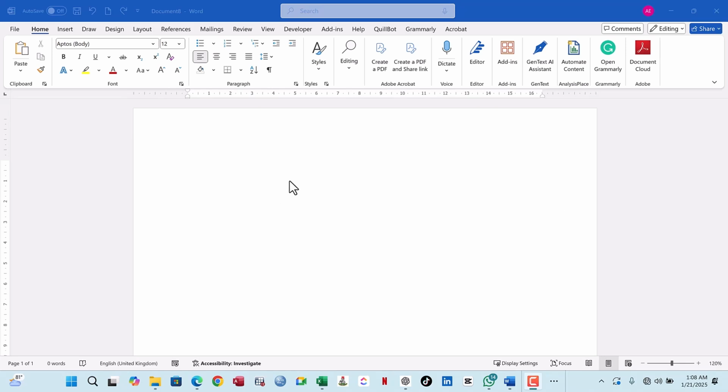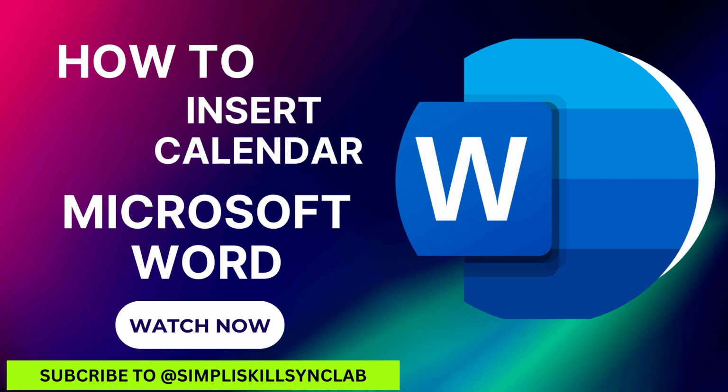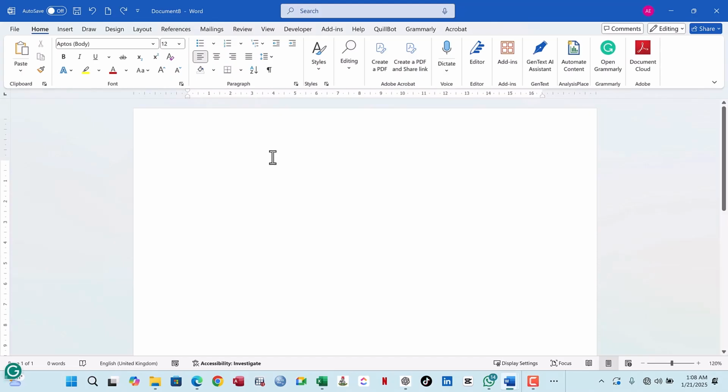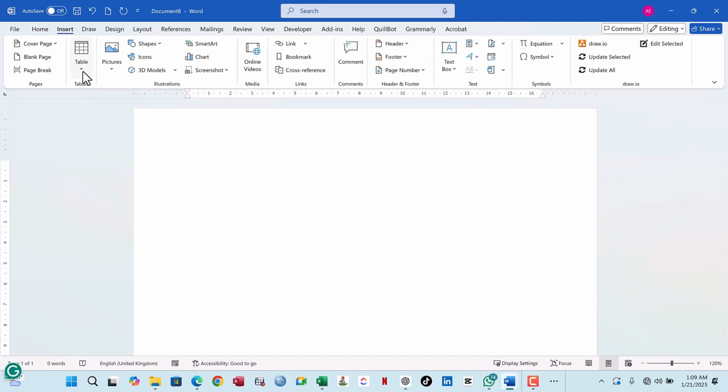Now we are going to be looking at how to insert a calendar into your Word document. Sometimes you have a task that involves designing a calendar and you're trying to see how you can use the Microsoft Word environment to achieve this purpose. So to get a calendar into your Microsoft Word document, you have to go to the Insert tab and then,